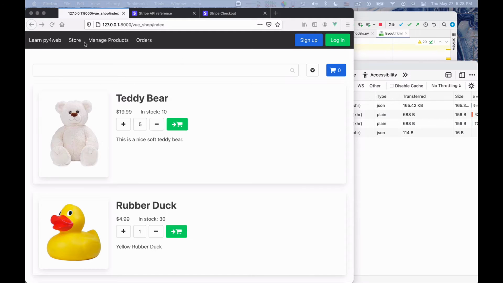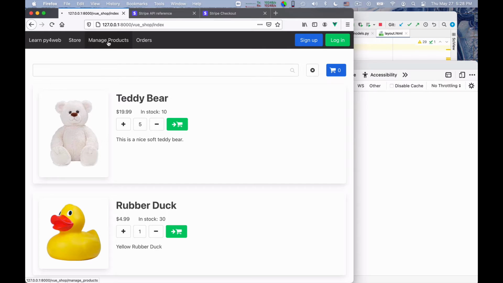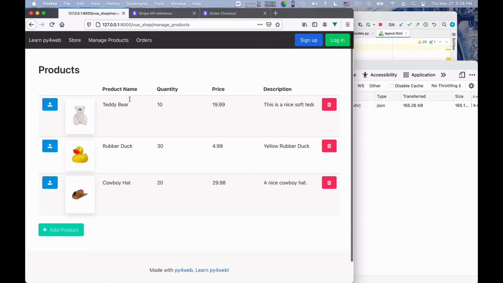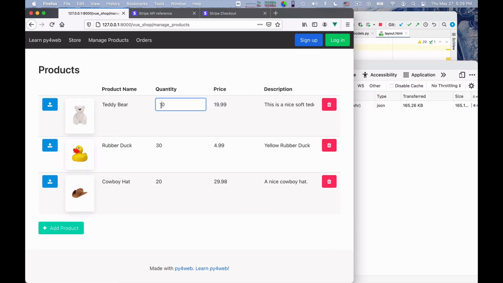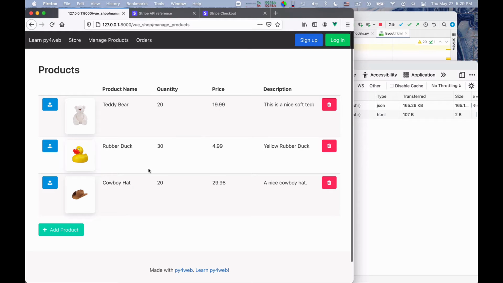There is a manage product interface that normally should be open only to the shop owner. You can go there, and I implemented a modify in place interface so that you can change the quantities, upload new photographs, and change the details, remove some products, and so these you can use as an example if you like of a fully editable grid.